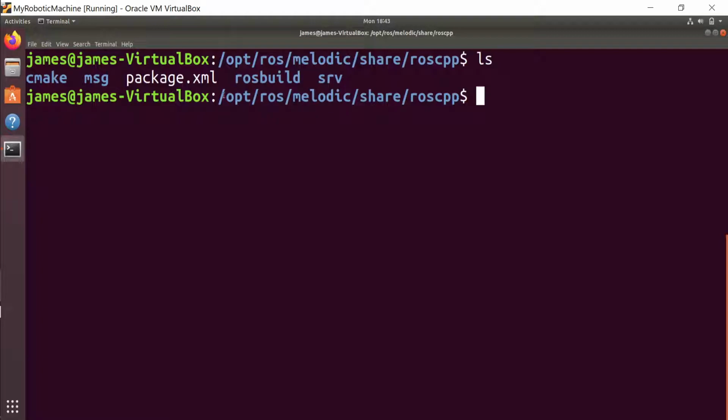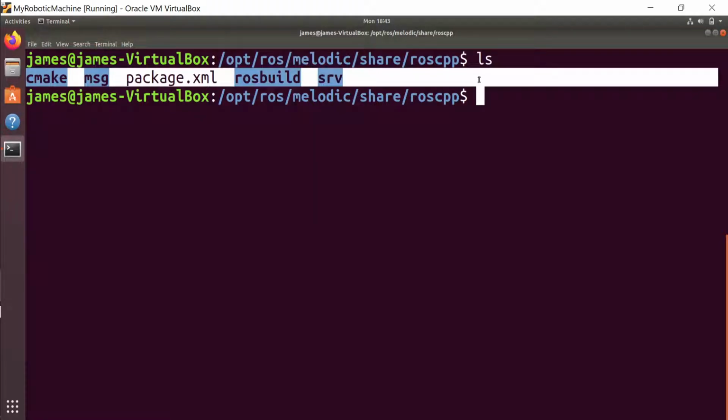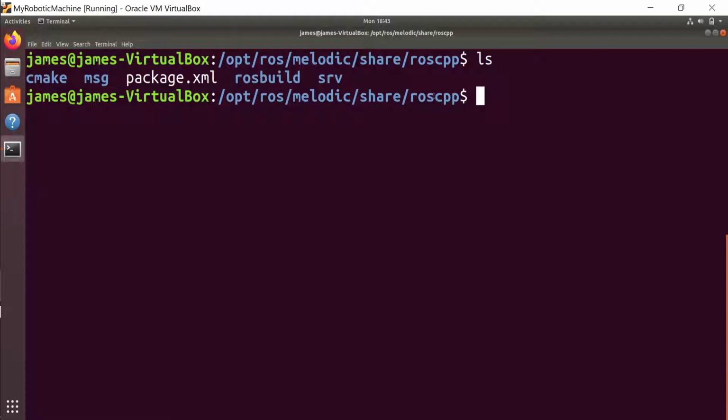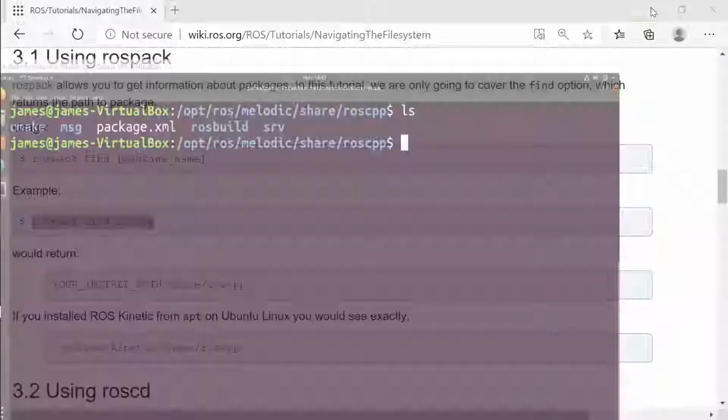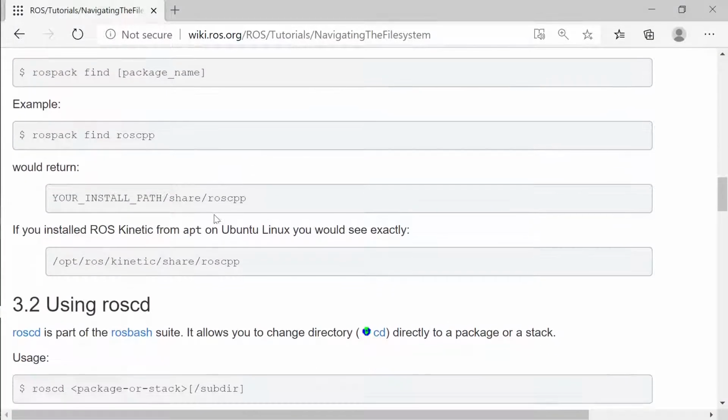The entire code for roscpp is inside this. The cpp in roscpp stands for C++. If you are dealing with C++ programming, then roscpp will be used, and if you are writing in Python, then rospy will be used. That's the meaning of rospy and roscpp.